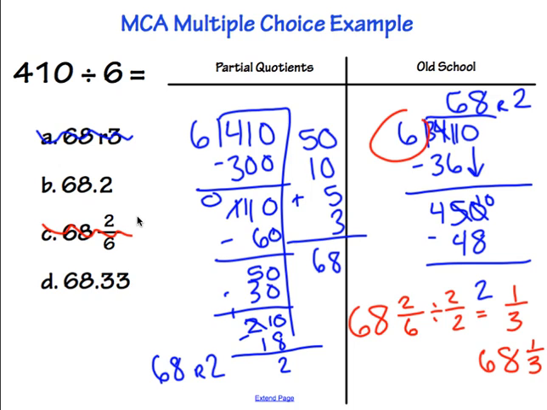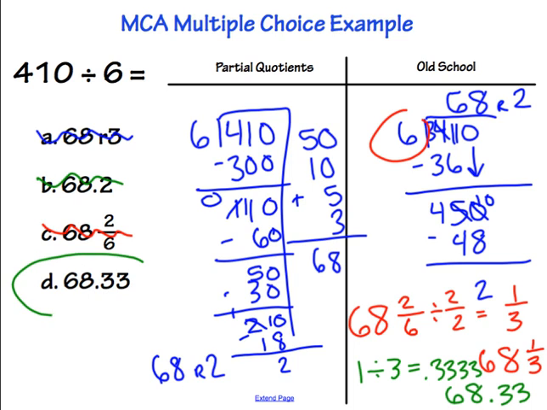So lastly, we want to think about what would be the decimal form of 1/3. So if you take a calculator and you do 1 divided by 3 on your calculator, you're going to come out with the decimal 0.3333, and it's going to go on and on and on forever. So this answer as a decimal would be 68.33. We're going to stop at that hundredths place. So we see that answer in D, so I'm going to cross out B, and our final answer would be